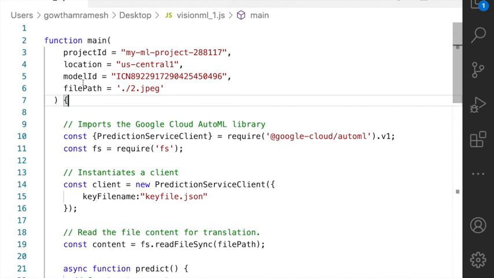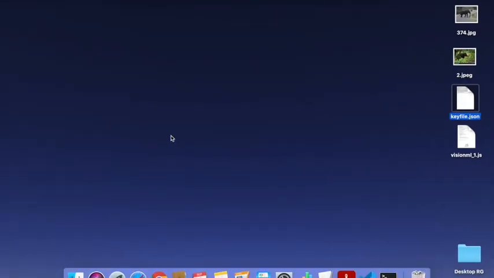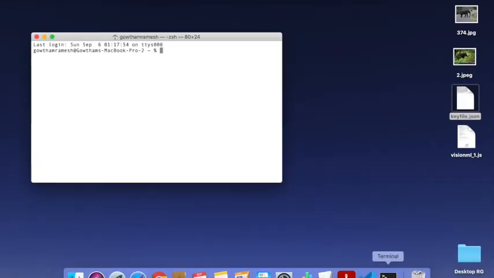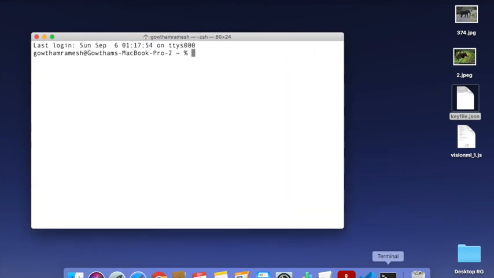Once you configure these required parameters, you can execute this program in your local system so that this image will be classified and the prediction result will be returned. Open a terminal prompt or command prompt, go to the required folder and execute the program.